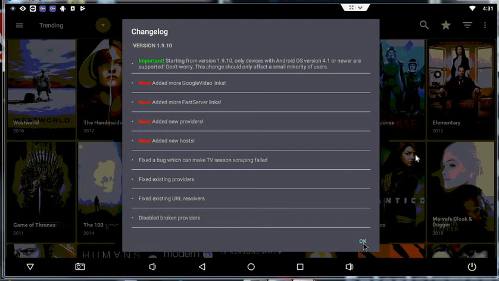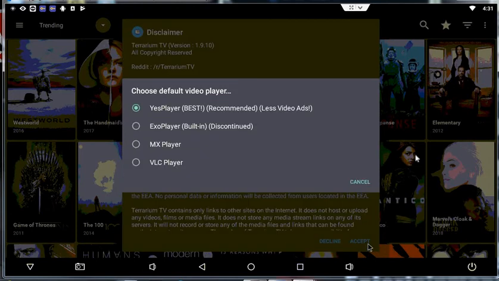So these are recent updates, things they have done in order to make improvements on the app. Alright, so we'll just tell it okay. We're acknowledging they made these changes. This is where you can set up which player you want to use. Guys, we recommend always,